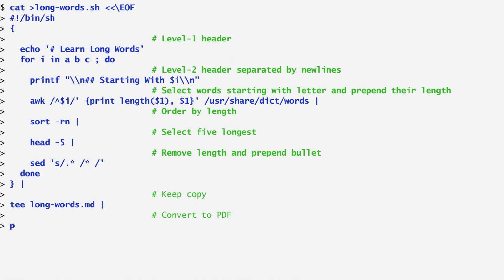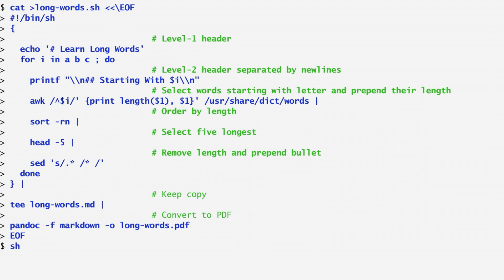In the end, I pipe the output file to the pandoc command. This is a document converter. It takes as input a document of the specified format and converts it into another format. In this case, I convert from Markdown to PDF. By default, pandoc converts from Markdown to HTML, so -f markdown could be omitted here. Moreover, pandoc can also figure out the input and output formats from the file name extensions. Note that in order to create a PDF document, you need to have LaTeX installed.